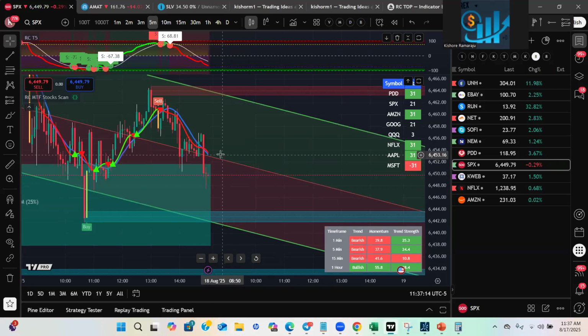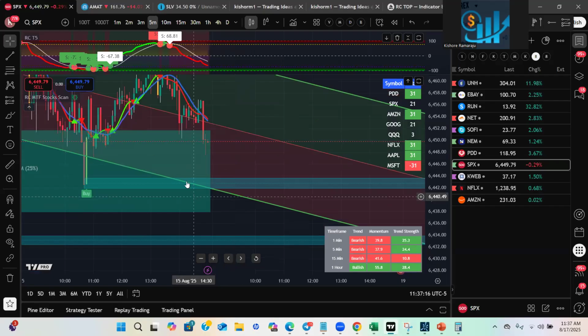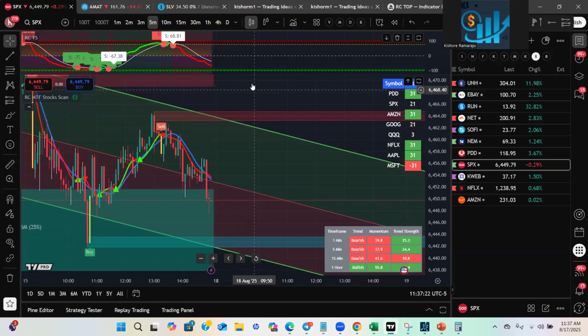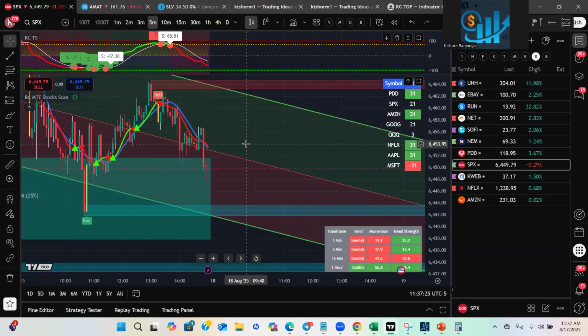So here, if price is somewhere here, if you are collecting, doing a bull put, your premiums will be very less. If you are collecting a bear call, your premiums will be very less. But your premiums will be very high at the current price. So instead of doing a bull put and bear call,